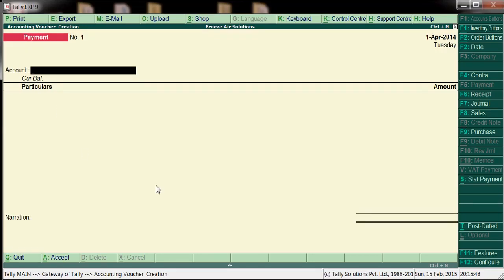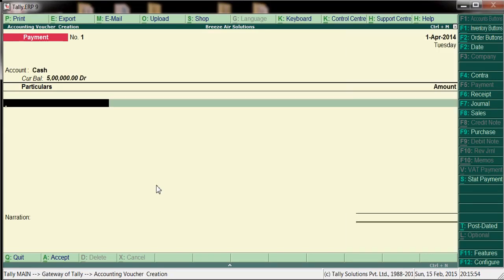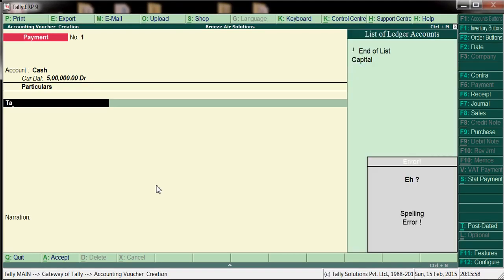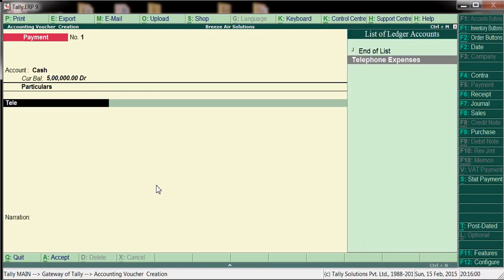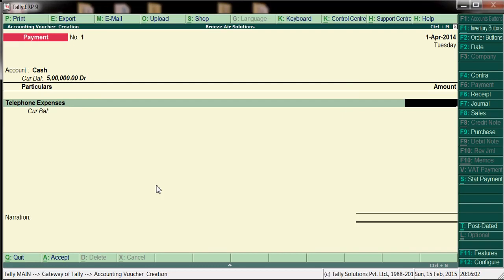Here we are posting cash and telephone expenses, 2000 rupees.